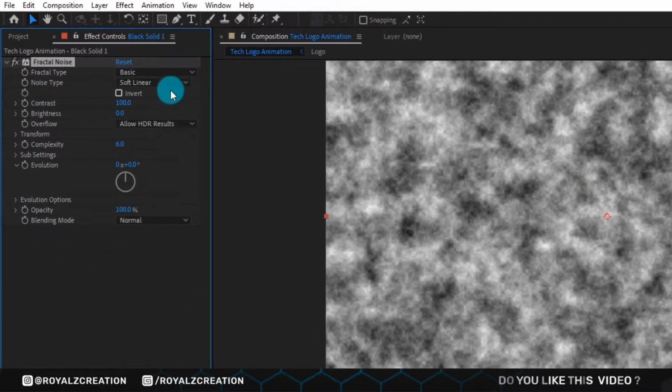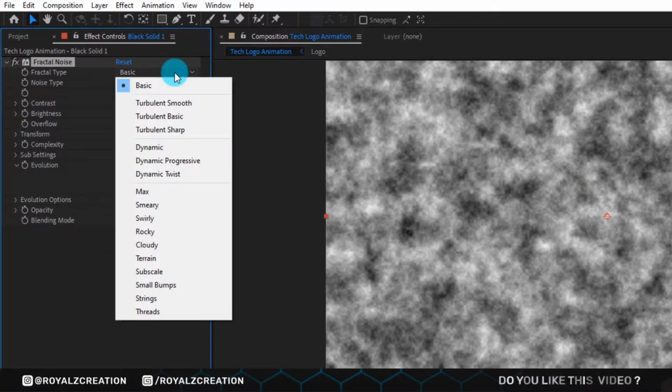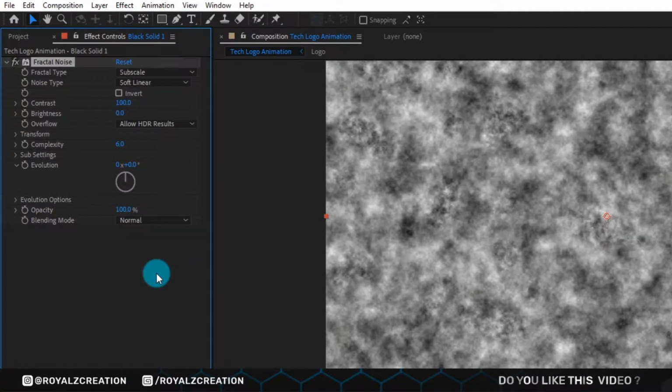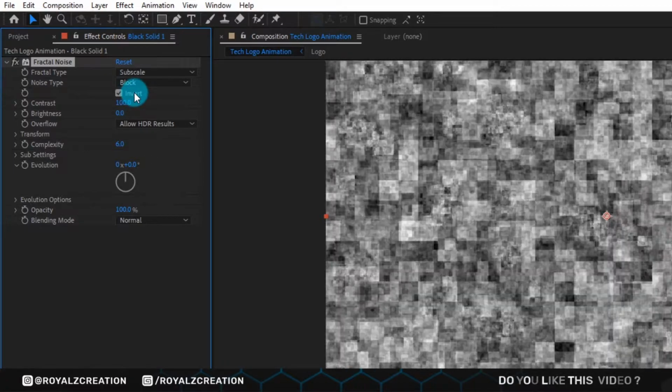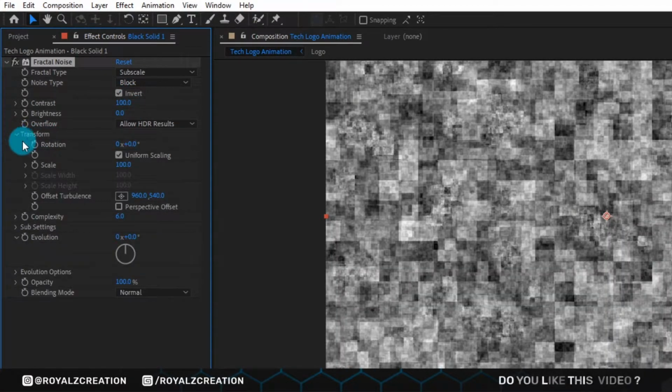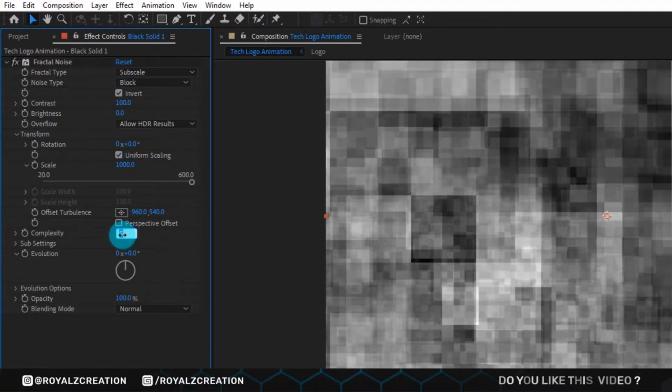We are going to change the fractal type to subscale and now we change soft linear to block. We also turn on invert. We change scale value to 1000 and now we change complexity to 5